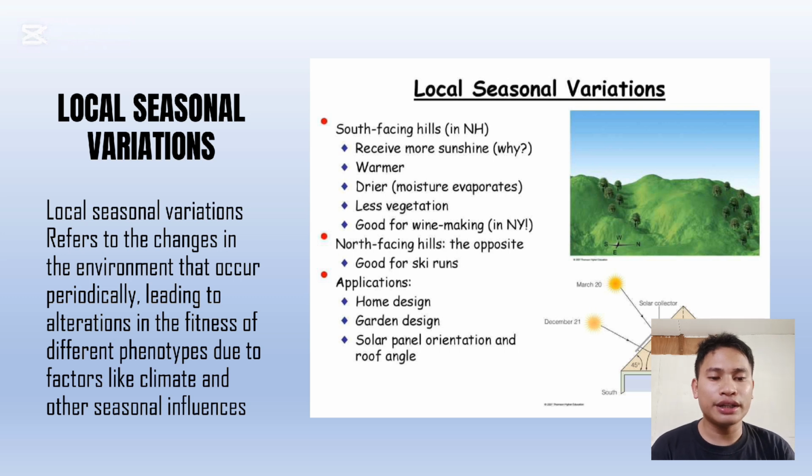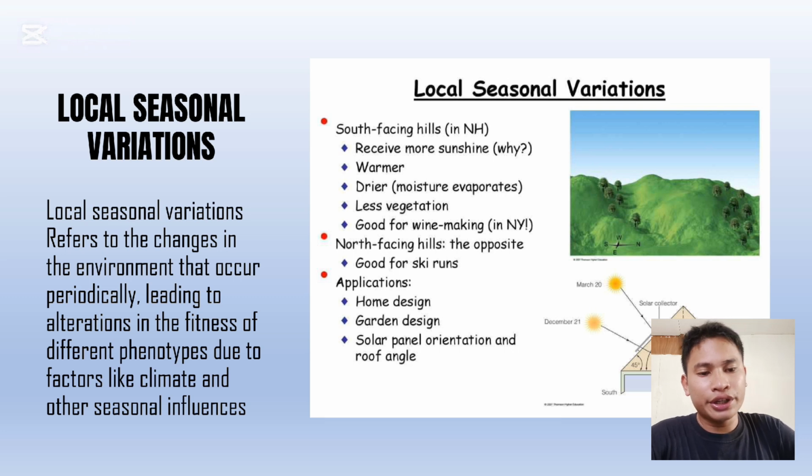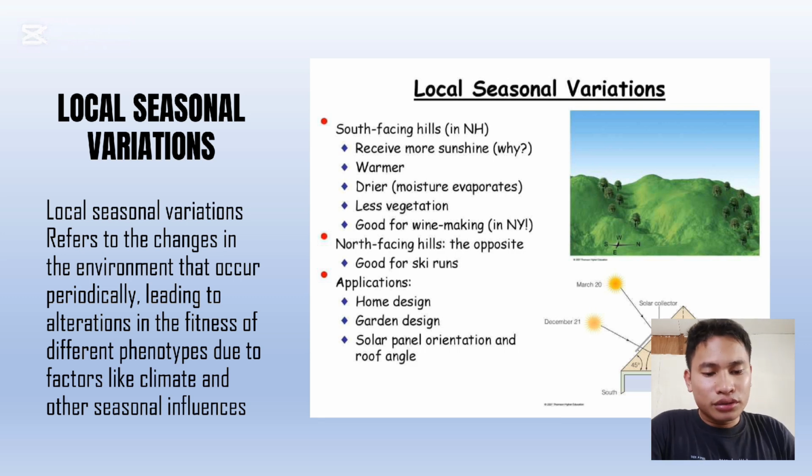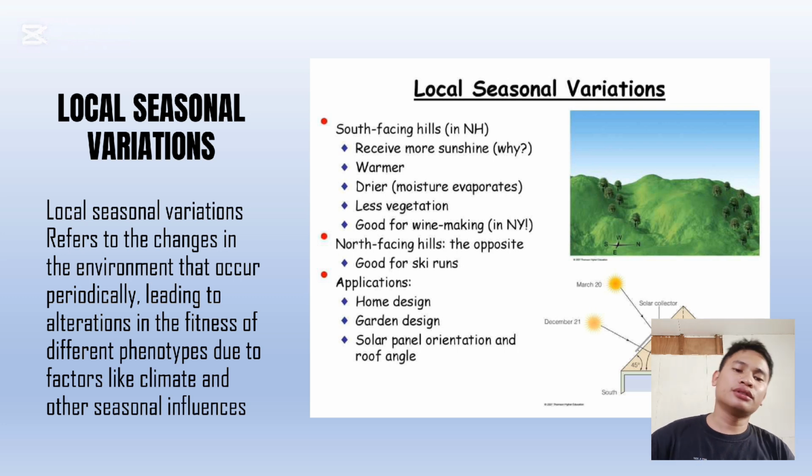Depende siya sa pag-tilt ng earth sa sun. So the Earth's tilt causes different parts of the planet to receive a varying amount of sunlight through the year. This results in change in temperature and weather patterns, leading to the 4 distinct seasons: spring, summer, autumn, and winter. So ani naman po. So what is the impact, no, on human activities? Unsay impact kibali ang seasonal variation sa human activities?